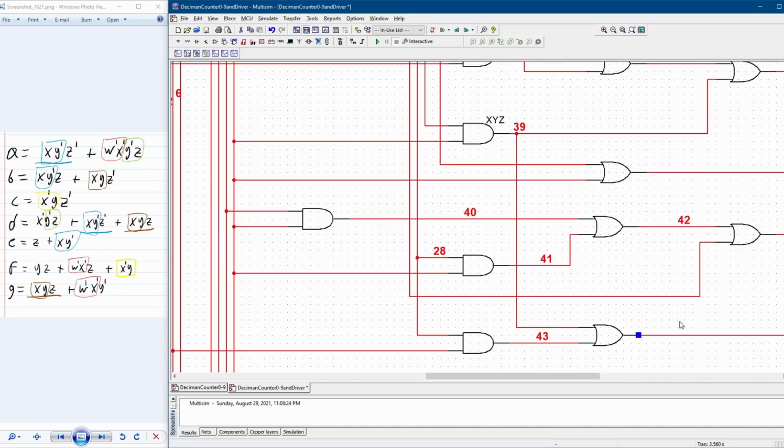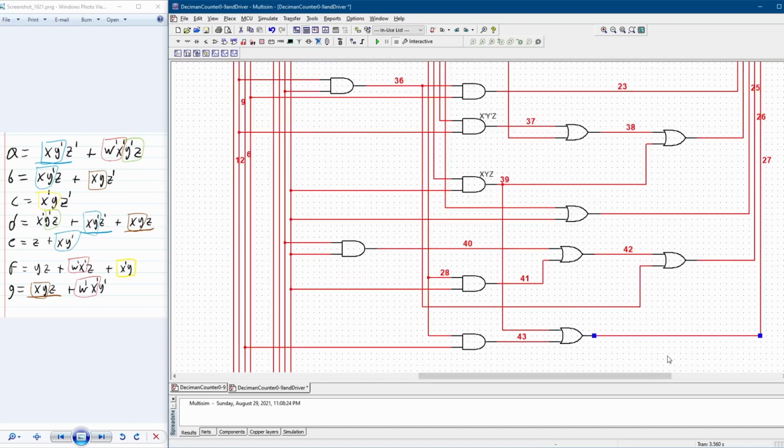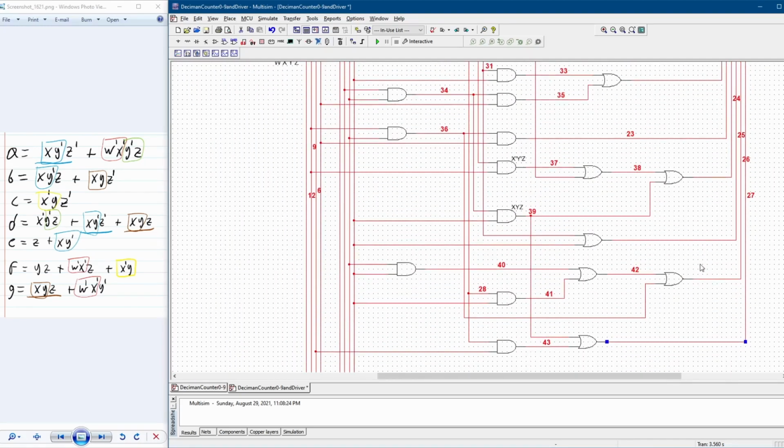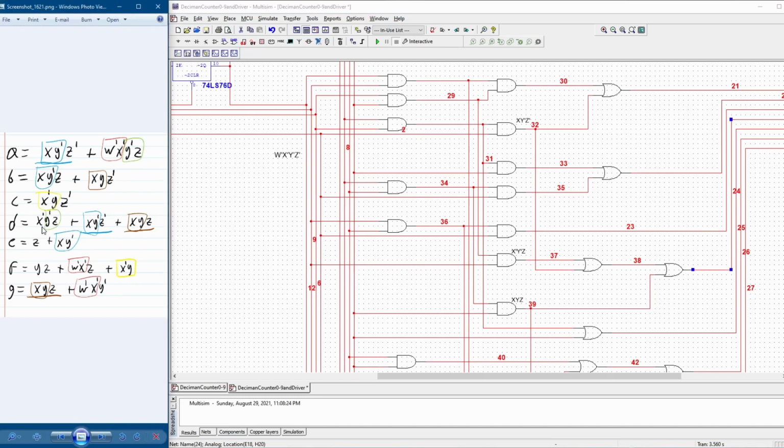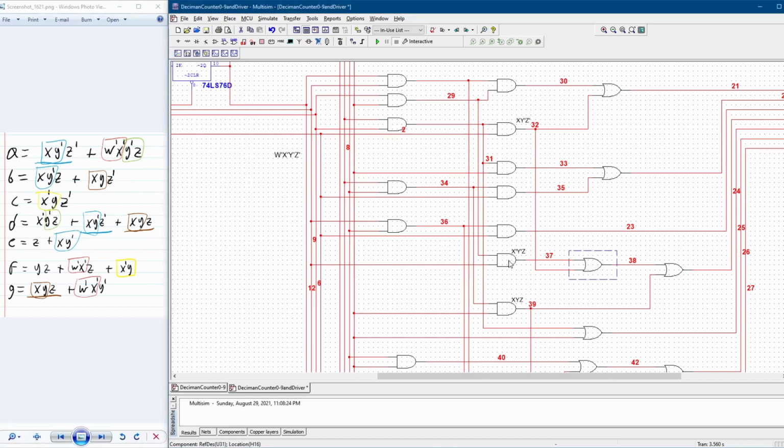So let's go down. Let's pick a random one. Let's see. Let's pick this one. So this is A, B, C, D. So here, we're going to look at D now. We see that D actually reuses the one from A. So we see that we are reusing this one. And then here, we see we have X naught, Y naught, Z. So that comes from